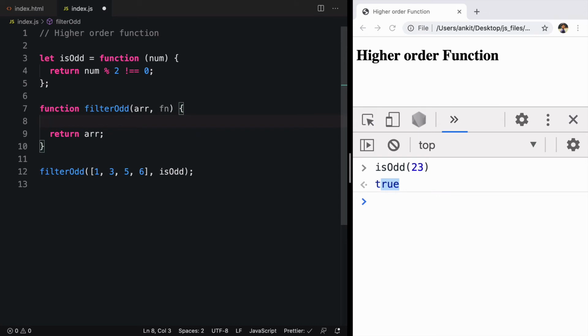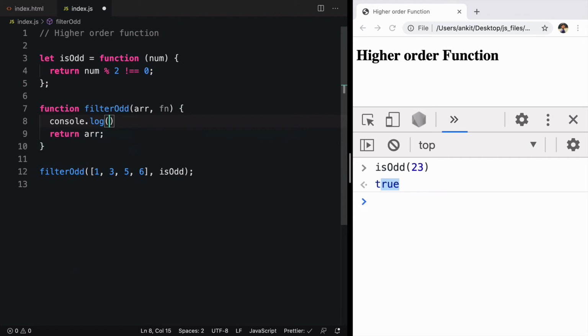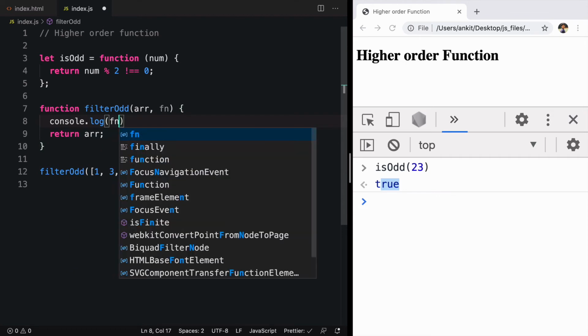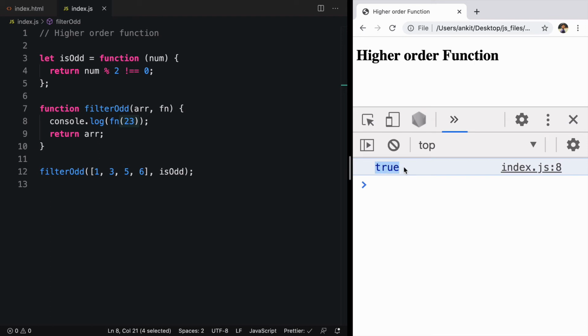Let's check whether we can access that function or not. We'll say console.log, and here we'll call that function fn. We know fn is the function isodd that accepts a value that can be 23, and we're calling that function. Let's see what the output is. The output we can see here is true, meaning the function is working properly.